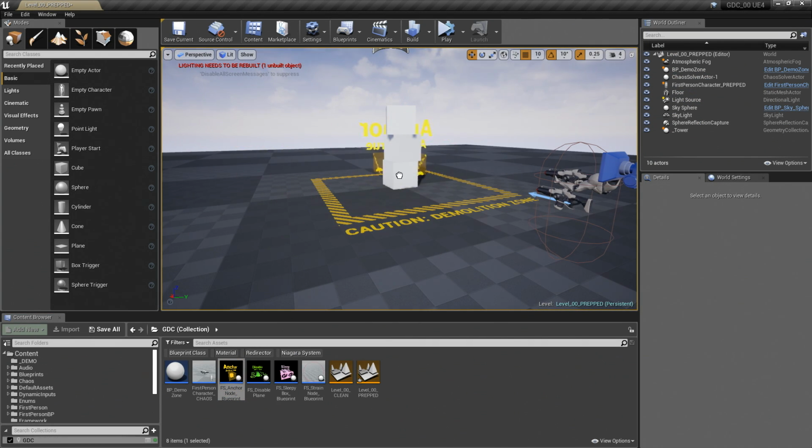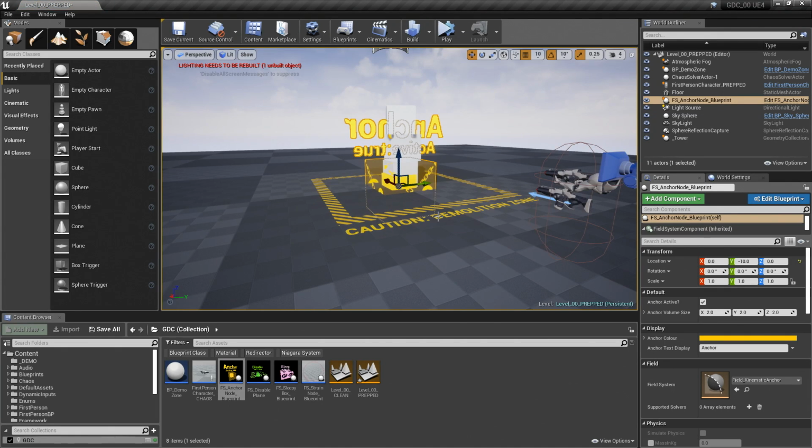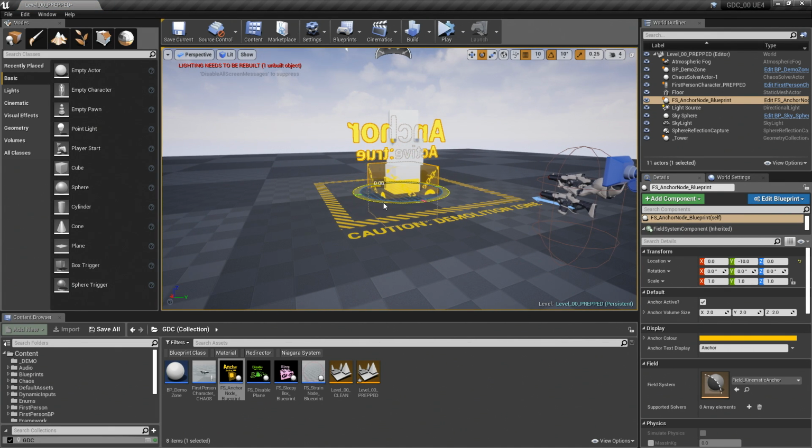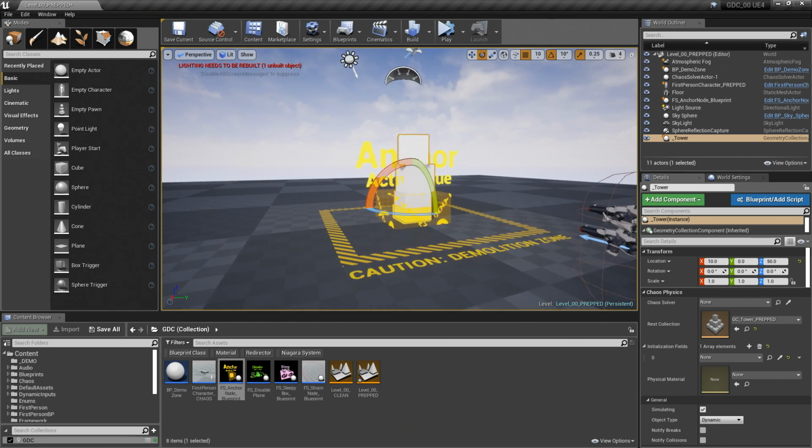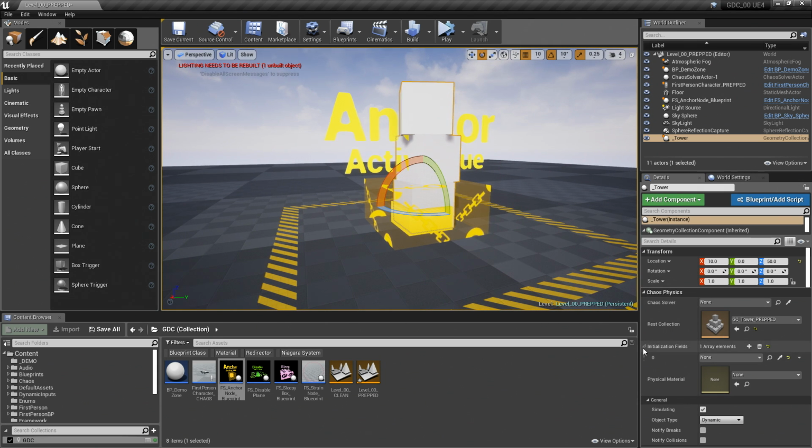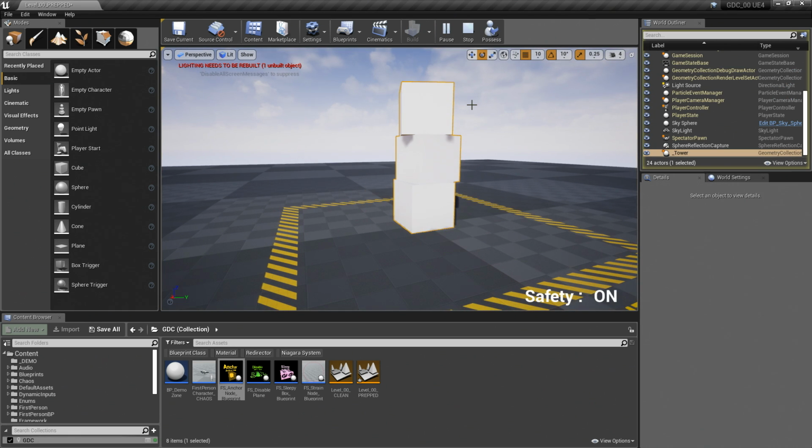This is a blueprint that we created for the demo that we put together the other day, the Chaos demo. I'll just turn that around so it's easy to read. I'm going to take our column, and we will find our anchor field. There we go. Now if we simulate, that'll stay locked into the world. This is how you set up your buildings and position things and get them to stay tight.